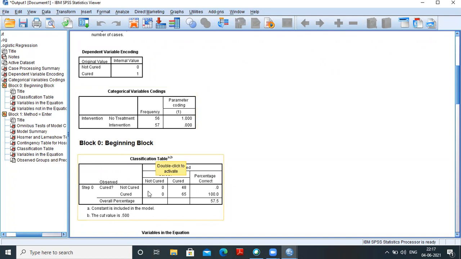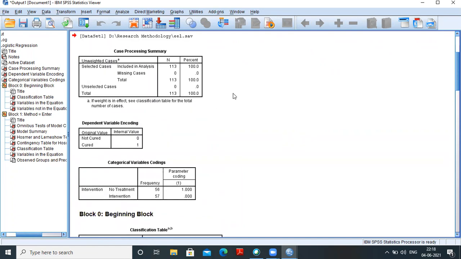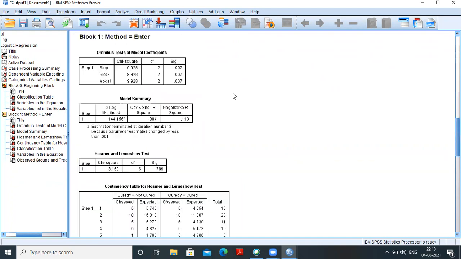Now, logistic regression assumes that in the starting there is no independent variable, only the constant is included in the model. At that time, we take all the cases as predicted in the category with the maximum responses.